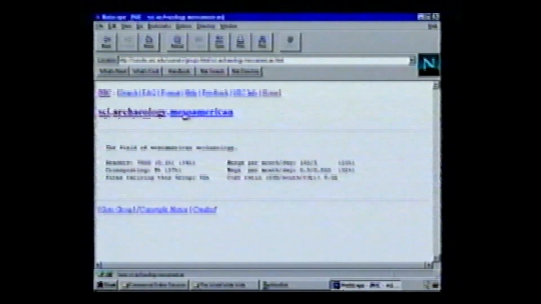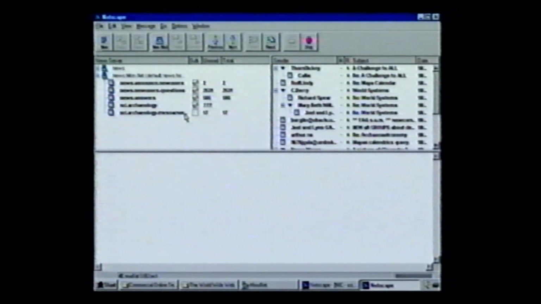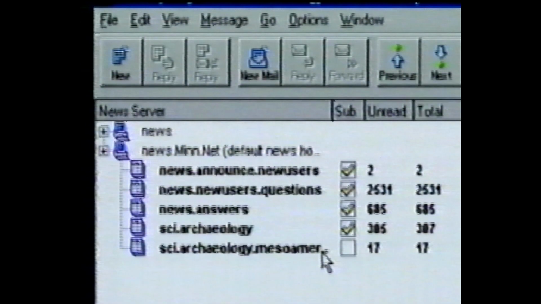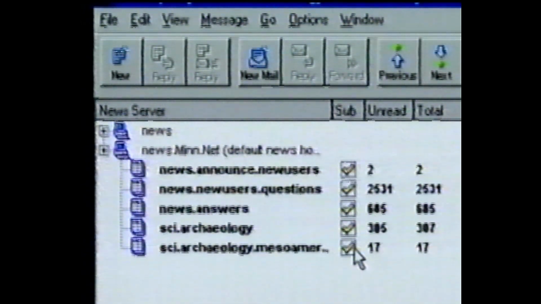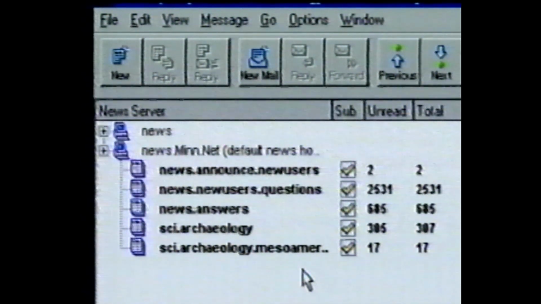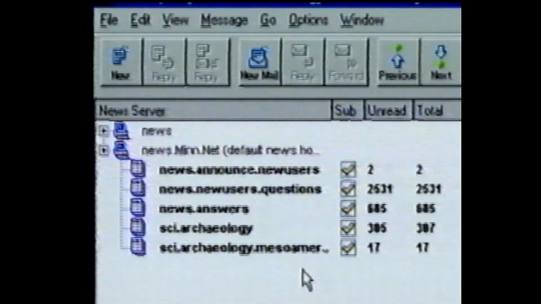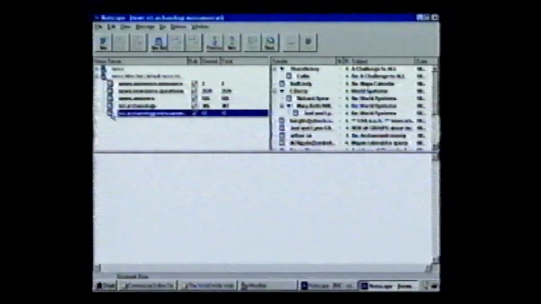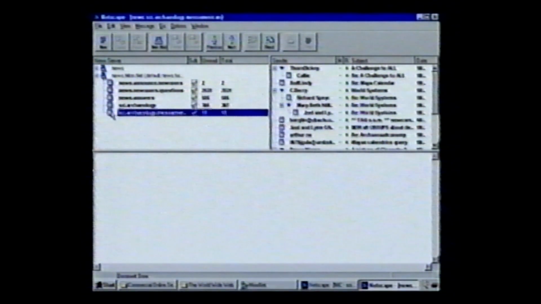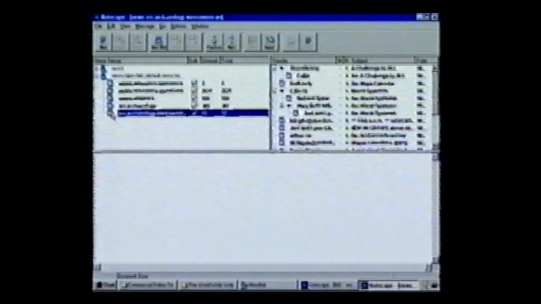We click on Mesoamerican. Our Netscape news reader opens, and the newsgroup is added to our list of newsgroups. However, we are only viewing this newsgroup. We have not subscribed to it yet. We click on the box to the right of the heading. A yellow check indicates that we are now subscribers to this newsgroup. Now every time we enter our Netscape news feature, new postings to this area will be added. We double-click on the heading, and in a moment, the postings appear in the right window. We can read and respond via our email to these messages.